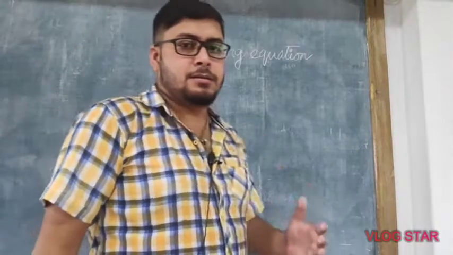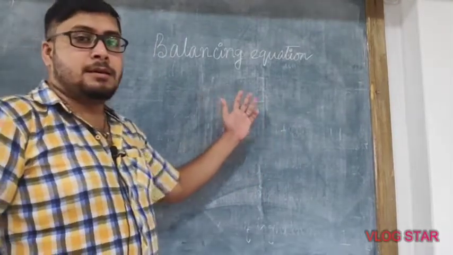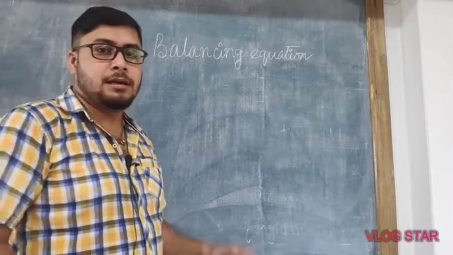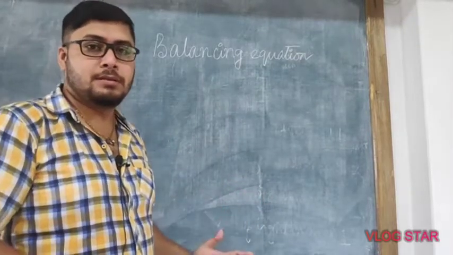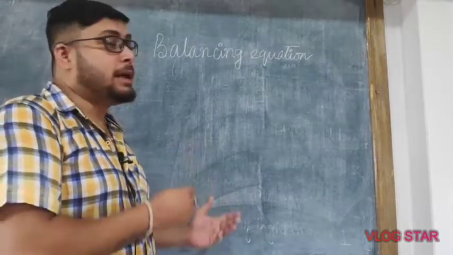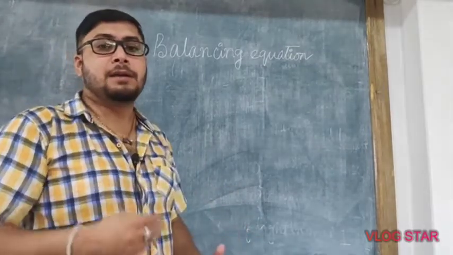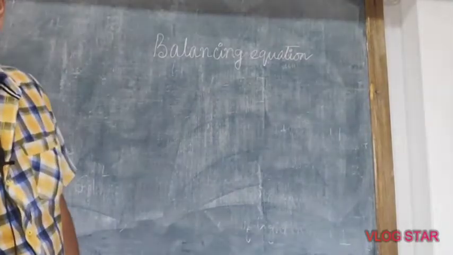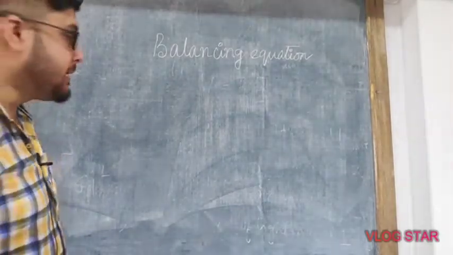Good afternoon, students. This is the second video on balancing chemical equations. Here we will do some more examples so that you have a better understanding of how to balance different types of chemical equations. For example, in the first example what we are having is, say,